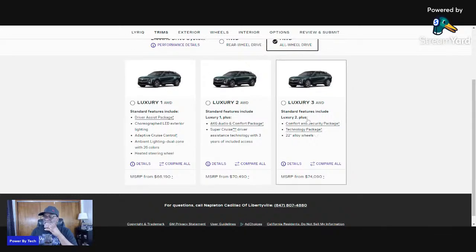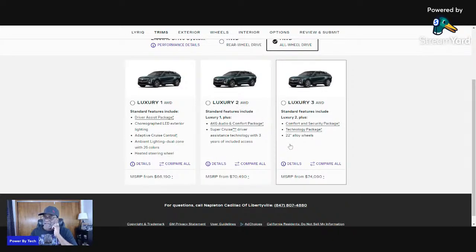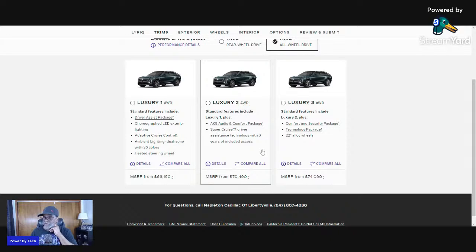Okay, so that's the Luxury 3. The Luxury 2 is going to be $70,000, right? So if I couldn't afford the Luxury 3 at $74,000, definitely I'm not going to be able to afford the Luxury 2. Now at $65,000, that possibly could have been doable for me, so far as putting a decent down payment on it and being able to get to the car note that I would like to have. But to have a car where my car note, right,